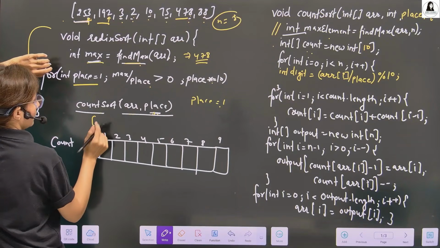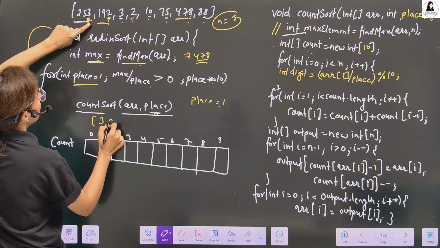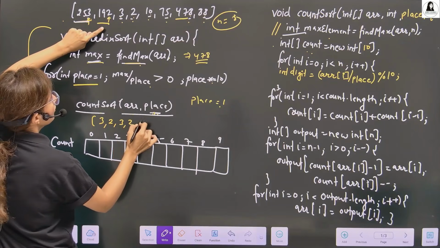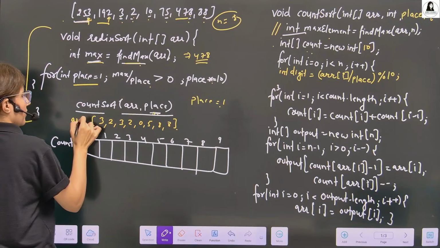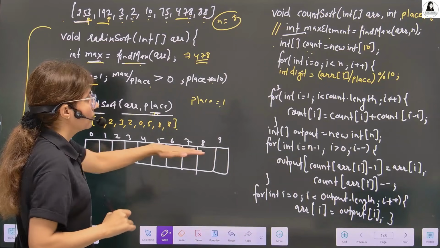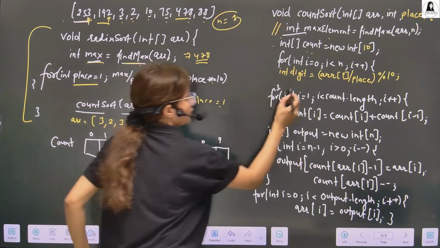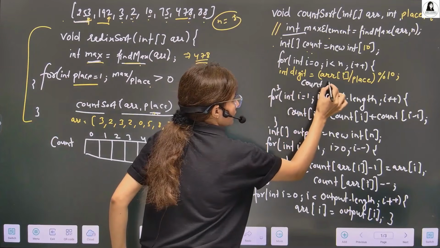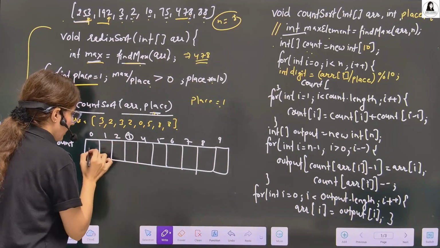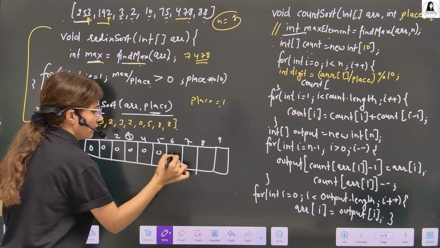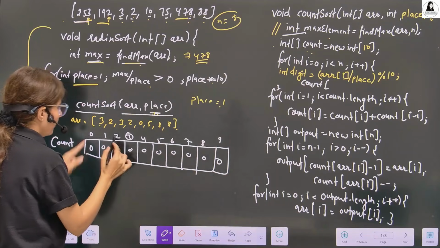Now in my array, suppose I have first 3, then 2, then 3, then 2, then 0, then 5, then 8 and 8. This is my array. Now we update this count. At first 3, so at third index, where we have 0 in this count array, we increment by 1.